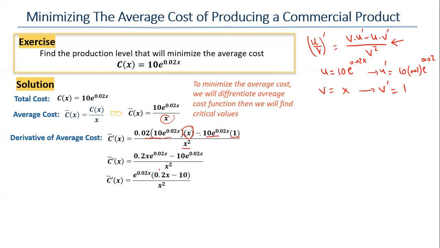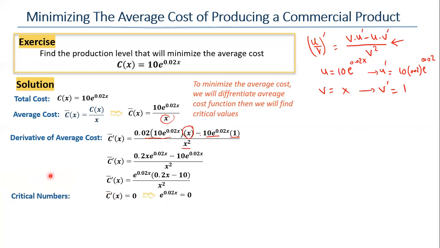So I'll get inside the brackets 0.02x minus 10, over x squared. To find the critical number,